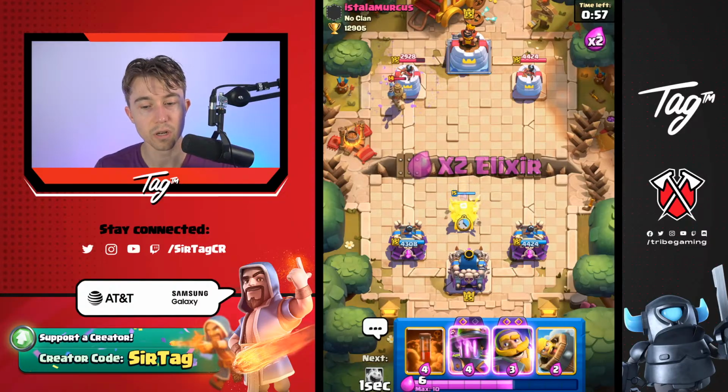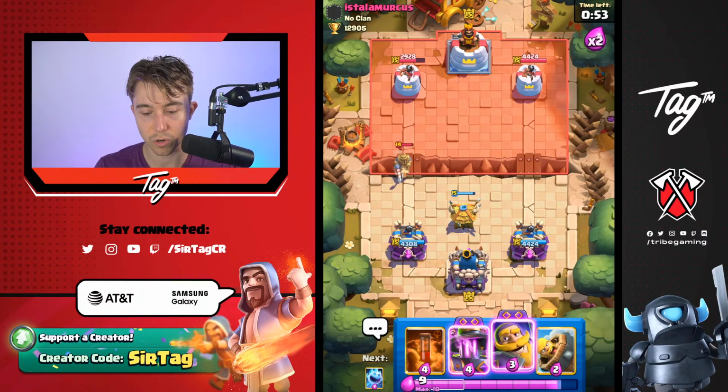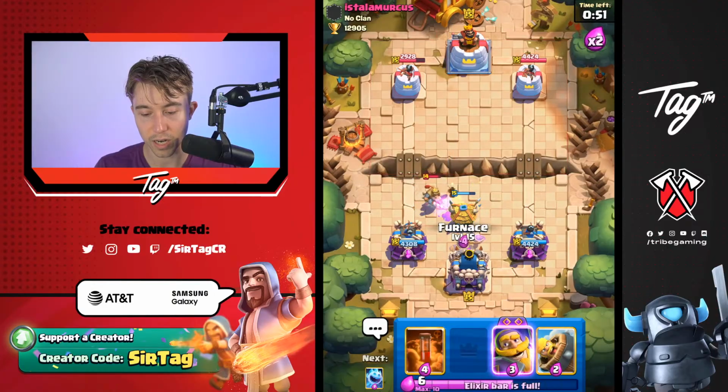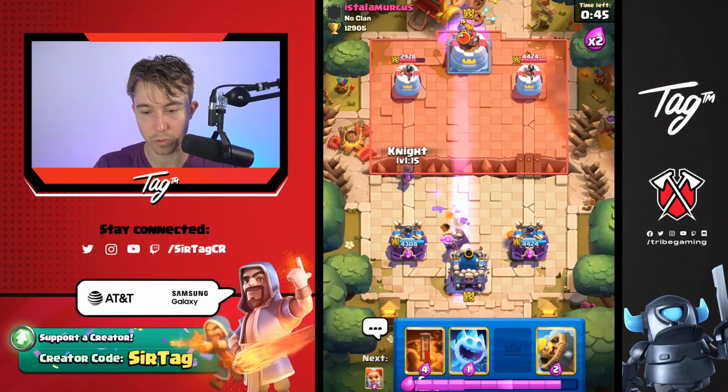card cycle. So I just wanted to let you guys know, especially against log bait decks, it's difficult to get units crossing the bridge. So a lot of times, more times than not, I will just do that play, and it's definitely better than doing anything else. Usually for the Furnace, I want to cycle it back as far as possible, but in this specific spot, I